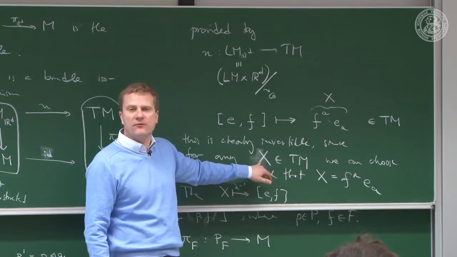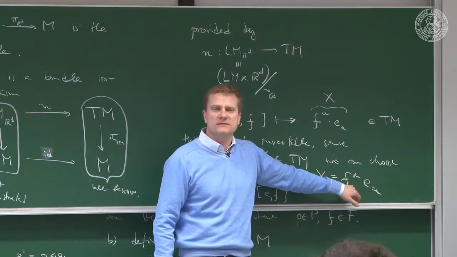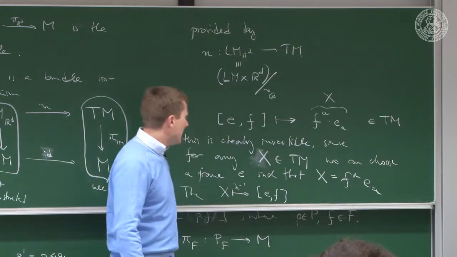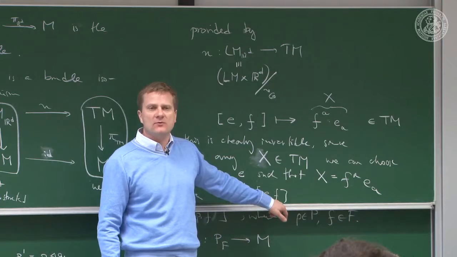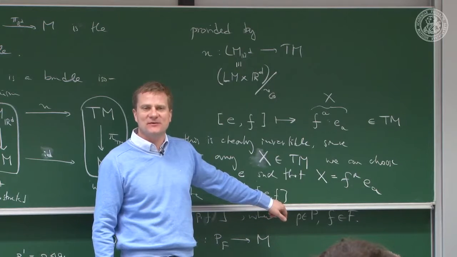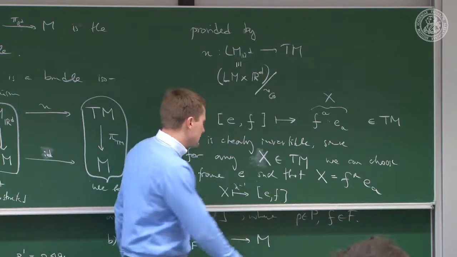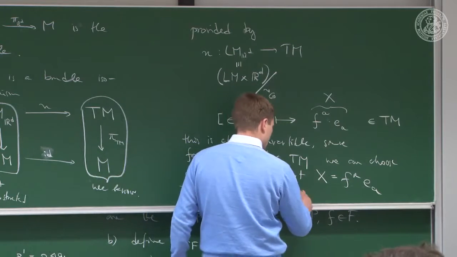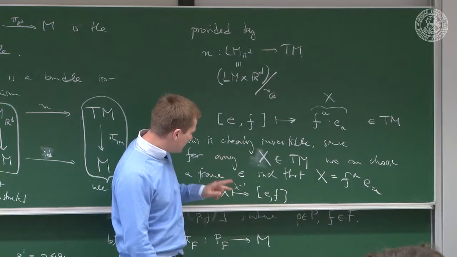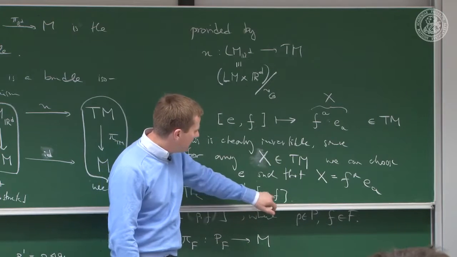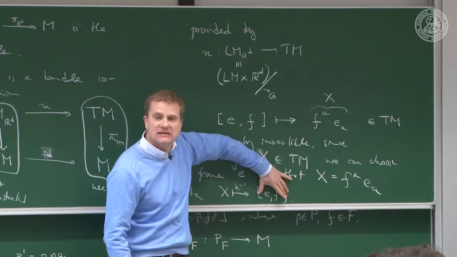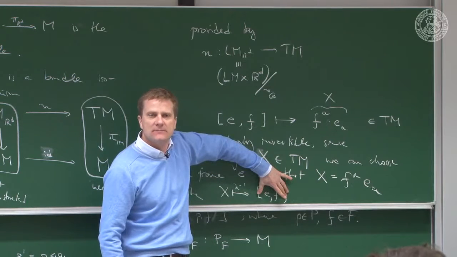You made the choice of frame in order to decompose the vector into components. However, the choice of frame you have is a GL(d) transformation. This is invariant. So if I associate with x the pair (E, F), not the equivalence class, but the pair (E, F), this would depend on my choice